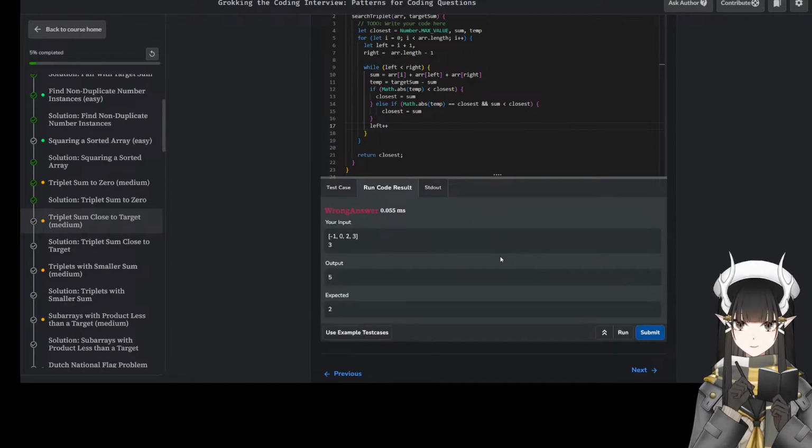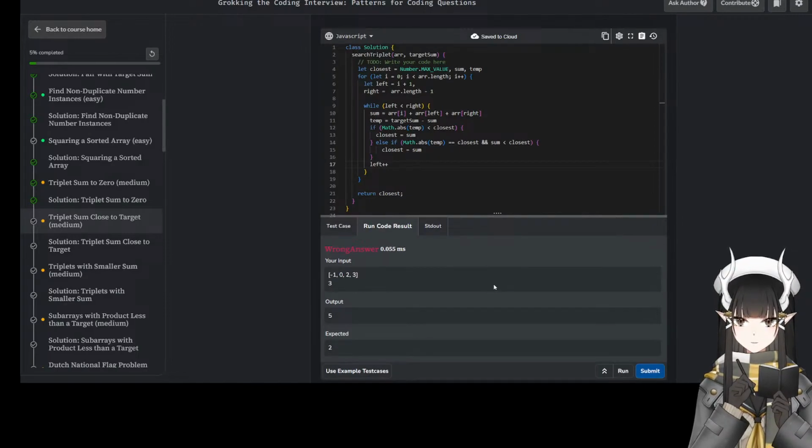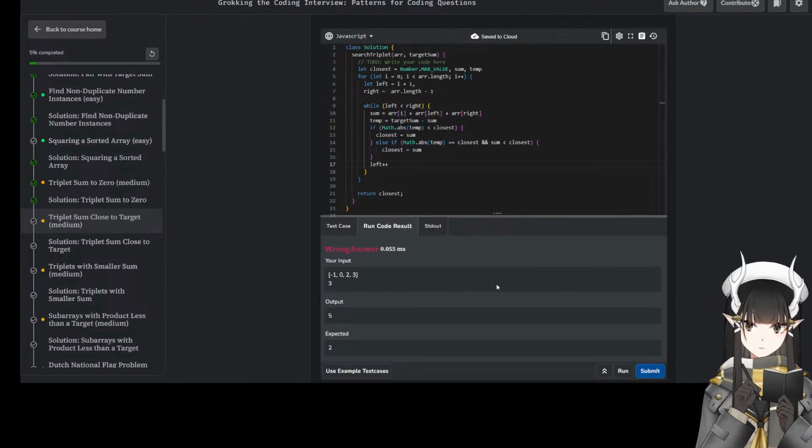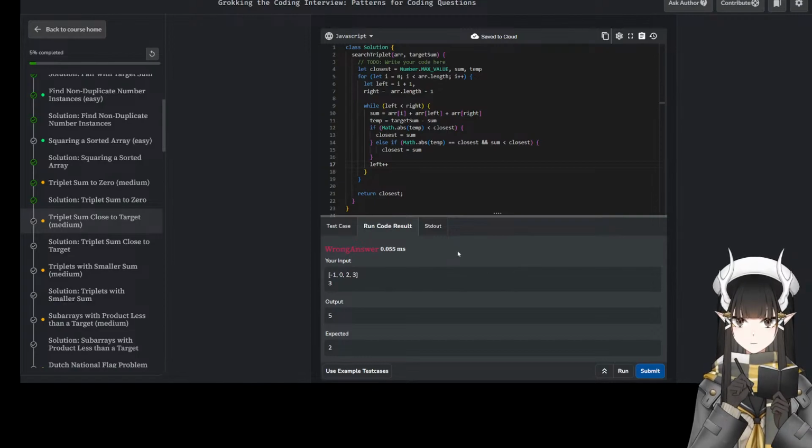So hopefully somehow fine now. I look at this value, look at this value.